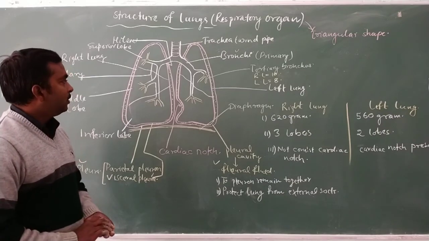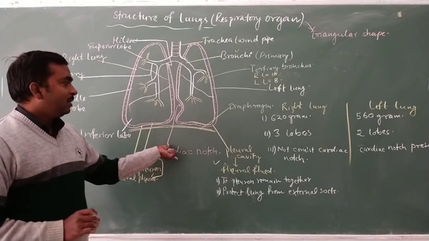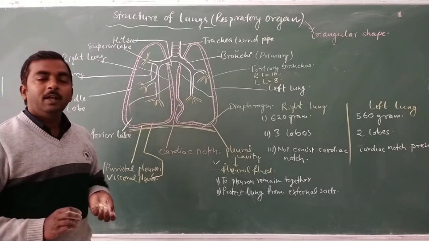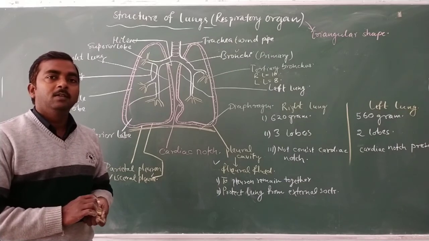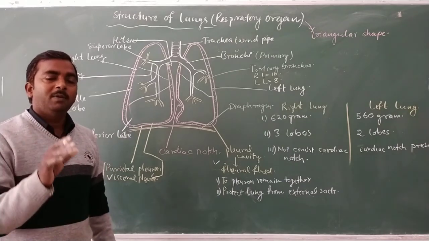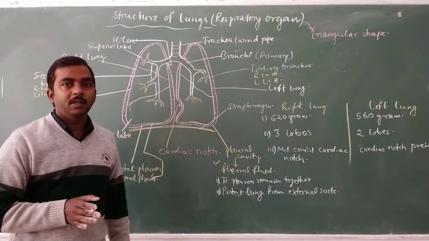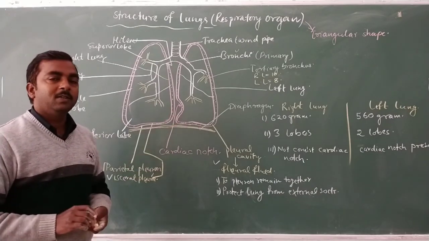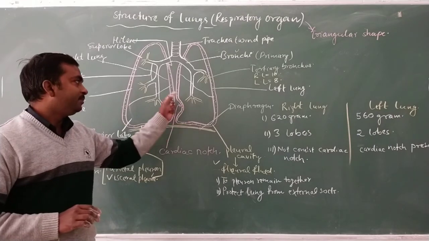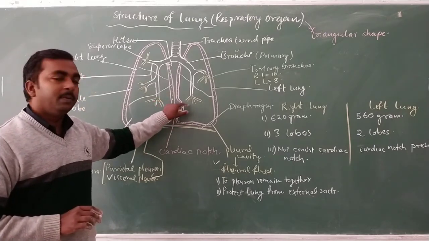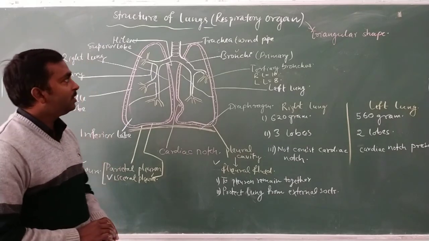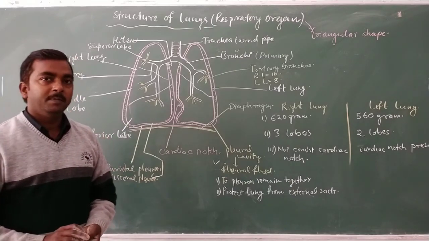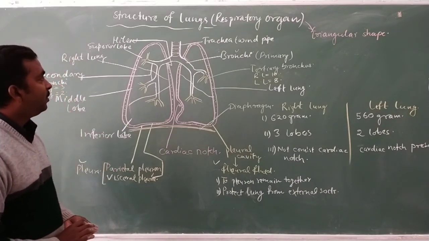And the cardiac notch is the place at which the heart remains embedded towards the left lung, because we can see that the apex of the heart is slightly tilted towards the left side. This displacement of the apex of the heart towards the left side creates a depression in the left lung. So this is all about the structure of the lung, which is the respiratory organ of the human body, and of most mammals, birds, as well as